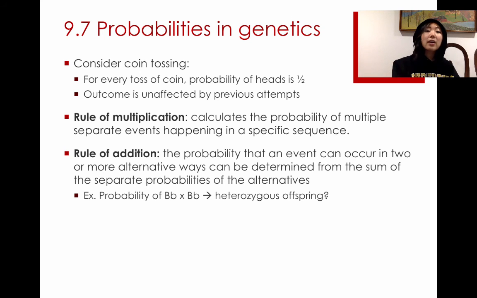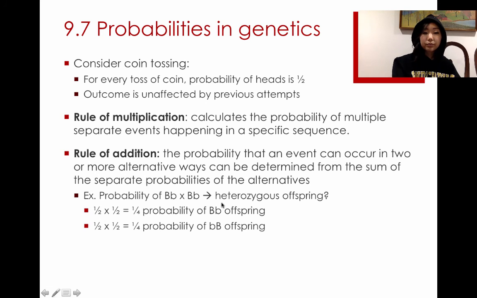What I mean by that is, let's say you're crossing 2 heterozygous parents, and you want to predict the possibility that you'll get any kind of heterozygous offspring. You have a 1/4 chance that it will be big B, little b offspring. Remember, 50% chance that you get big B from this parent, 50% chance that you'll get little b from this parent, and so 1/4 chance overall. But you also have